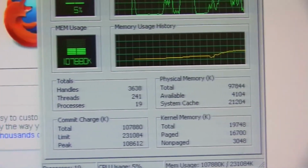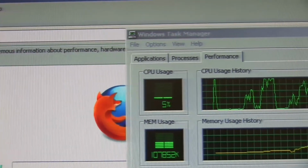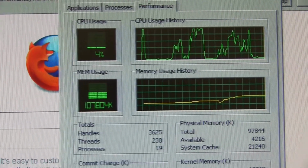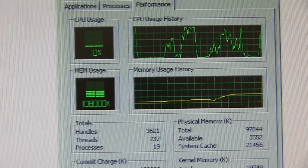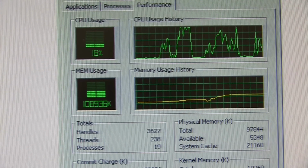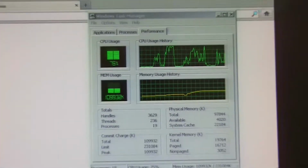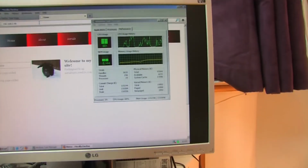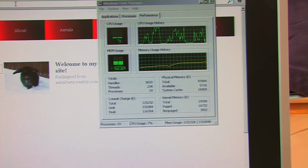So the reality is you wouldn't really be able to use this practically for very much, and for that matter the web filtering application that I was planning on running on this also wouldn't work satisfactorily because it doesn't have 122 megabytes of RAM in this system. You can see it's just not as responsive as it could be. So I'll try and load my site on here. You can see that RAM wise it's beginning to struggle, and if I go and load a much more complex site,